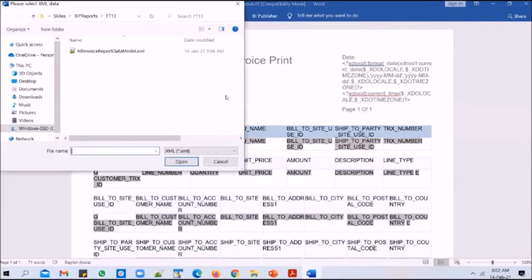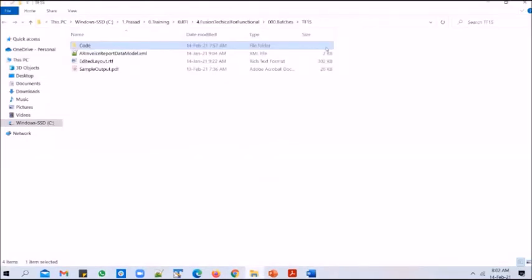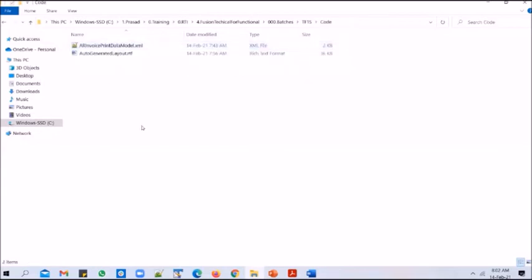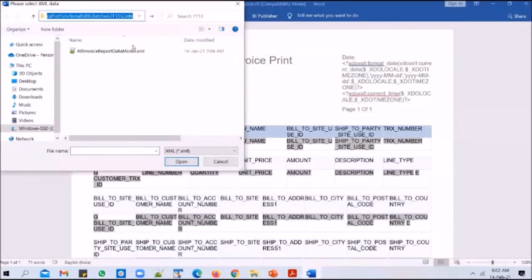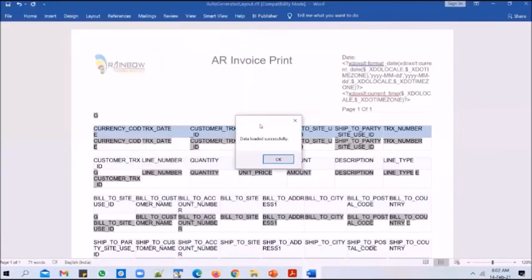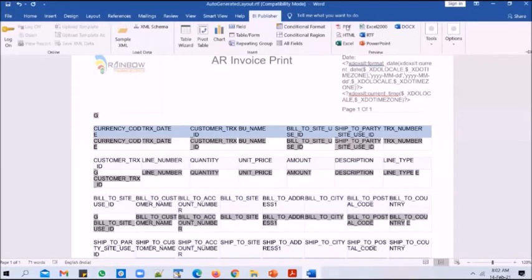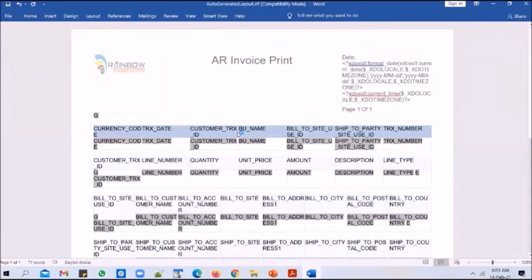So you click on sample XML and you will be able to load in the data. So what data do you want to load in there? I want to load in the XML output that is generated by the data model. So I'll select that and upload it. And you will get a confirmation that data is loaded successfully. And once the data is loaded, you go to BI Publisher again, and you can preview the output in any of these formats. So I can click on PDF and that will generate a PDF output.